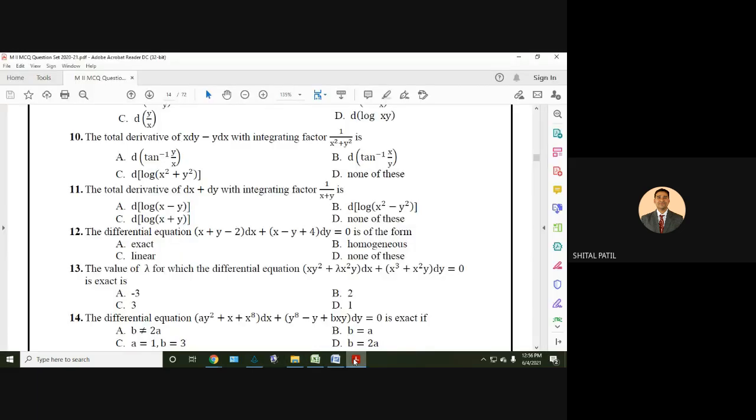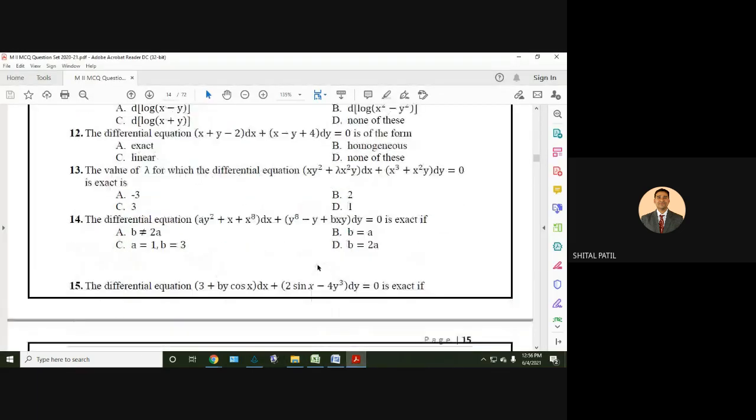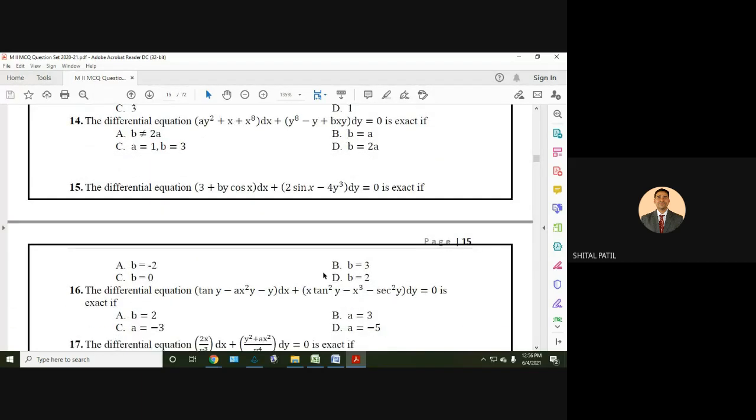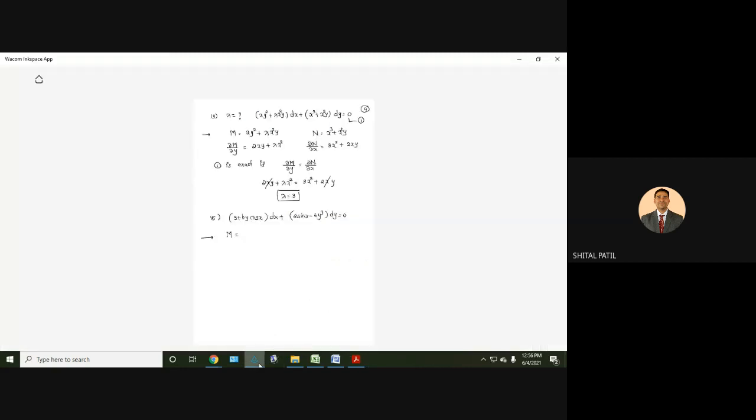Next example. Example number 15. Solve example number 15. Three plus b cos x dx plus 2 sin x minus 4y cube dy equal to 0. So our aim is to find b, so that it will be exact. B equal to